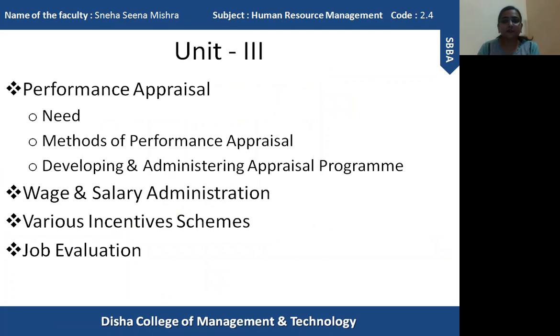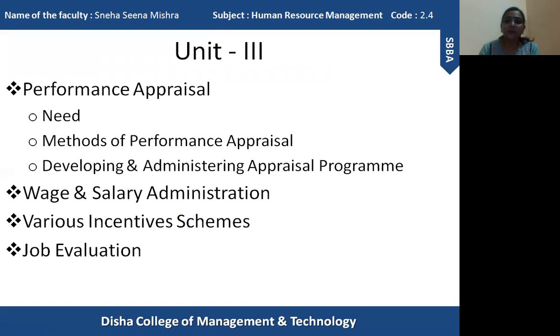So first of all, the first topic that you have in Unit 3 is performance appraisal. It simply means evaluation of the performance of the employees so that various other decisions can be taken regarding those performance appraisal reports. And there are various types of methods which can be used to rate the performance of the employees. Okay. So in this topic, first of all, I am going to explain why organizations need